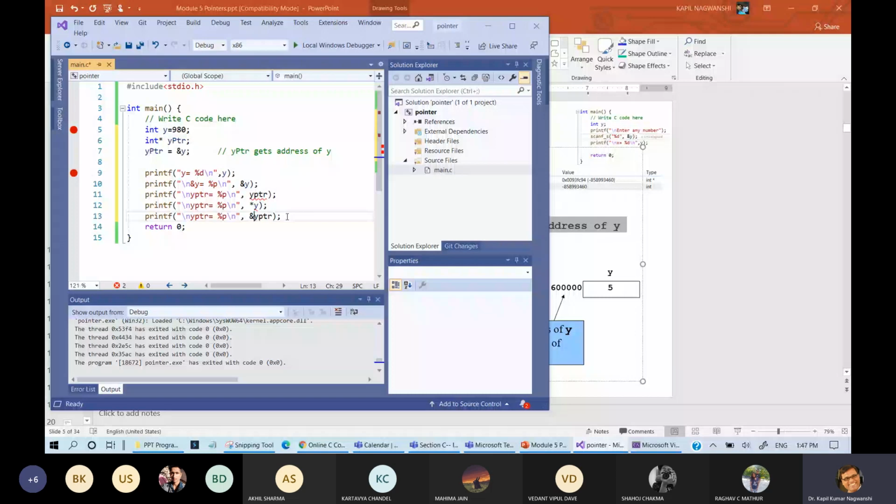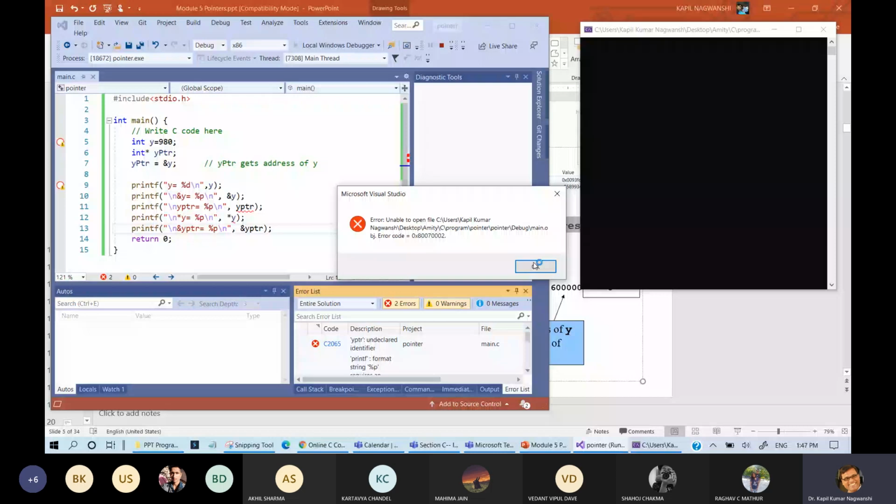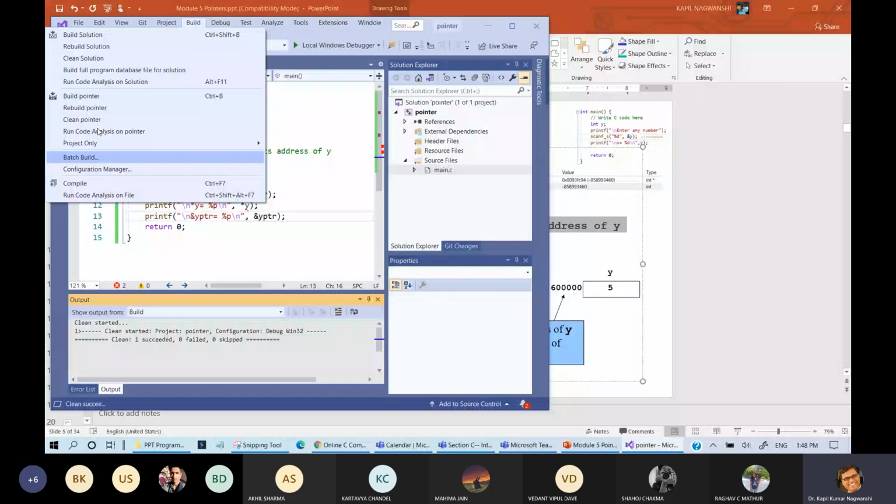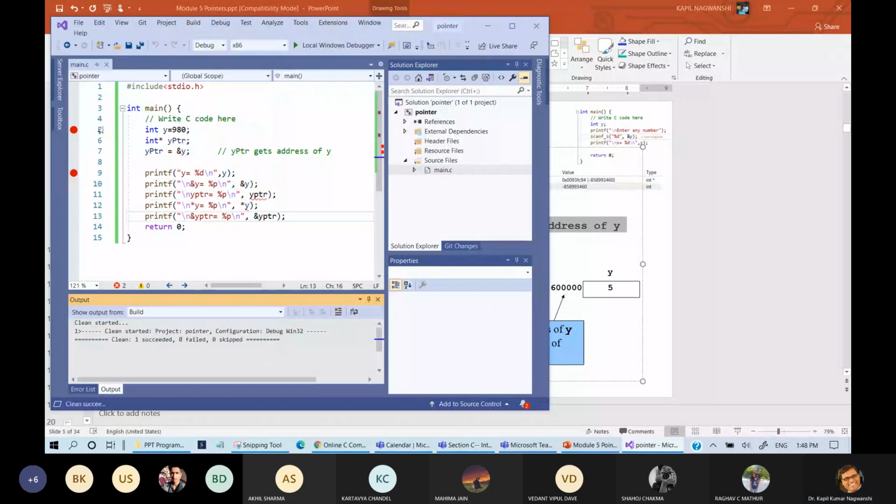So let us see what is the output of each individual thing. So this is star Y, and this is address of YPTR. So there may be some error. Okay, fine. Clean the solution, clean the pointer, and okay.